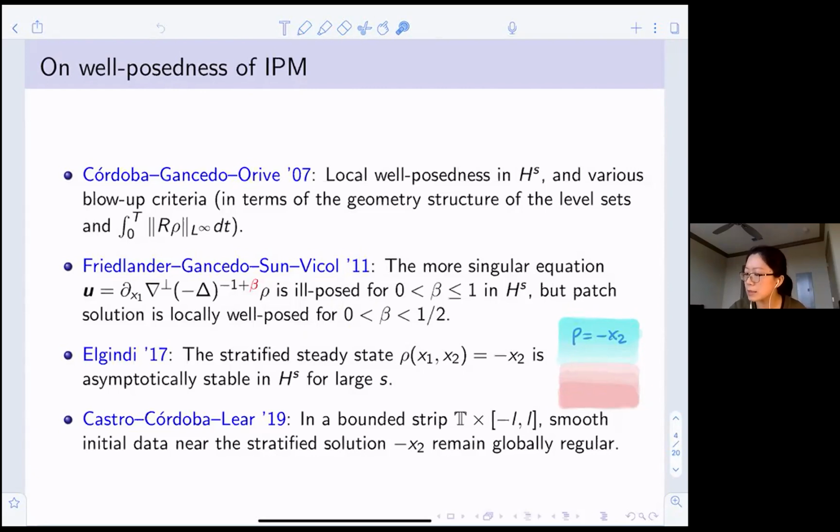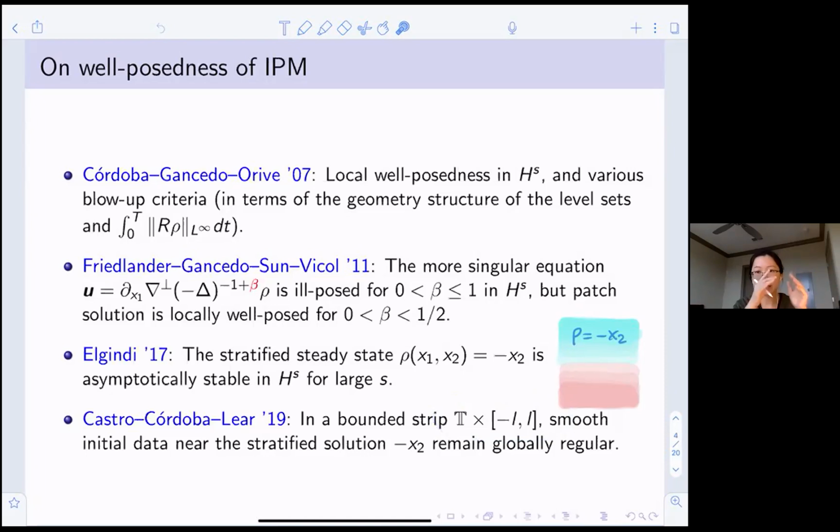He proved that for this steady state minus x2, with lighter on top and heavier on the bottom, not only is it linearly stable, but actually it is asymptotically stable as time goes to infinity, with a certain convergence rate towards the steady state. And his result works in the whole space, and